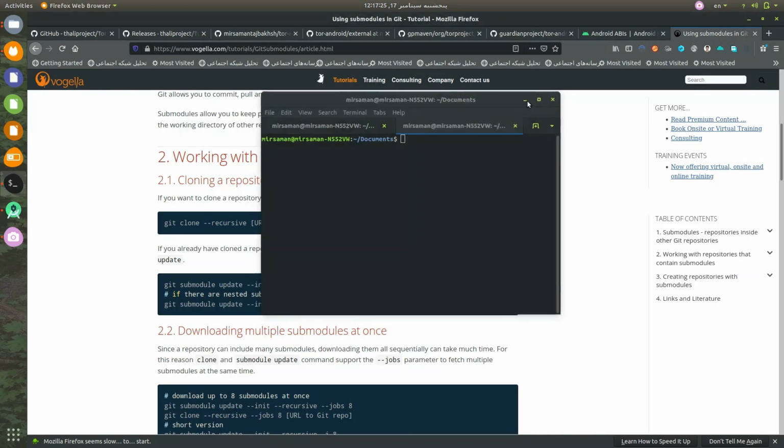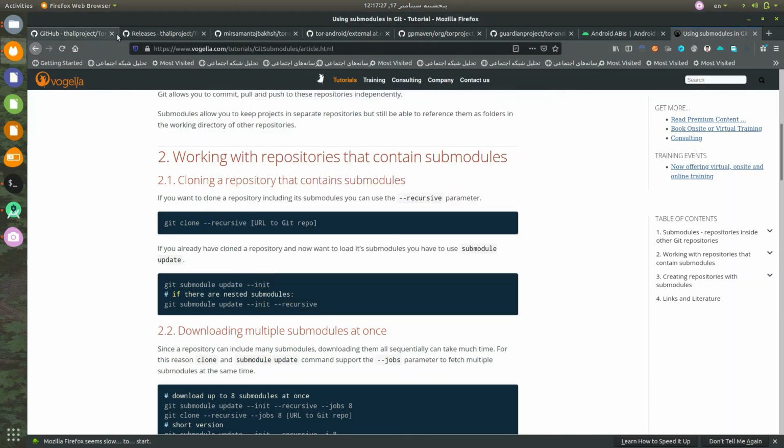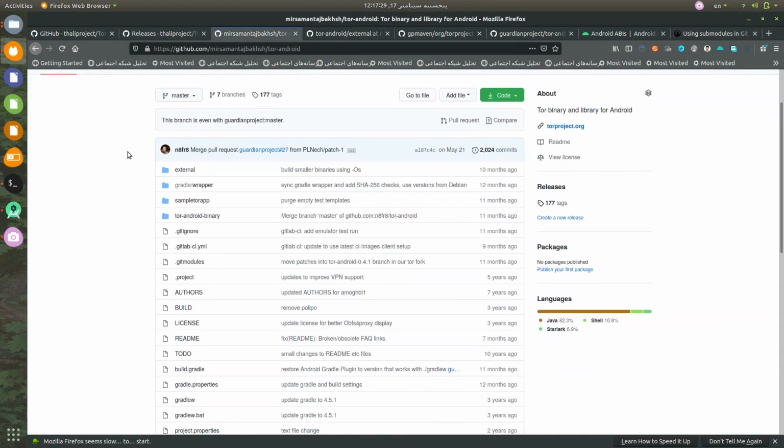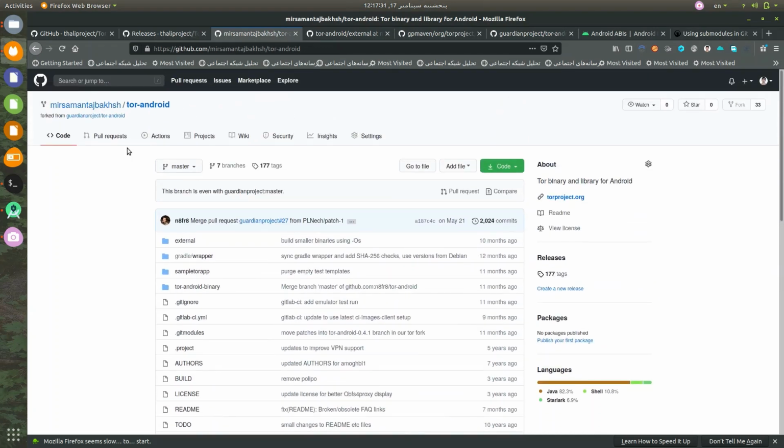In this tutorial I'm going to work with Tor Android. I'm going to show you how to compile Tor Android and use Tor inside Android, inside your programs. There are two approaches for using Tor in Android. One of them is